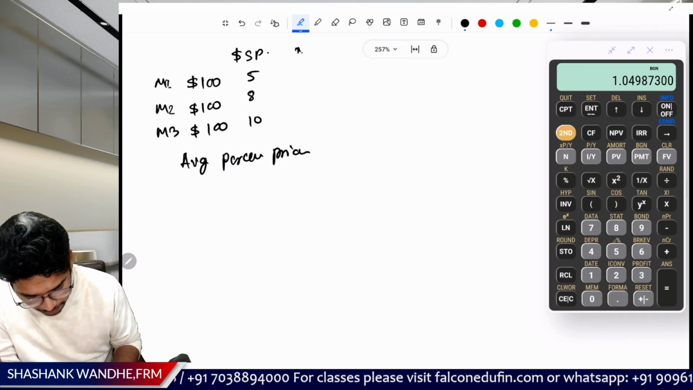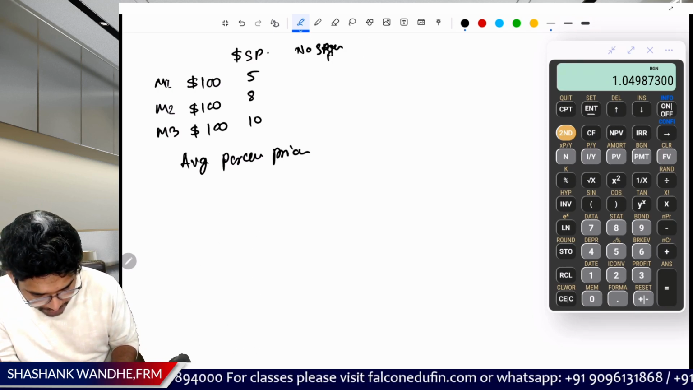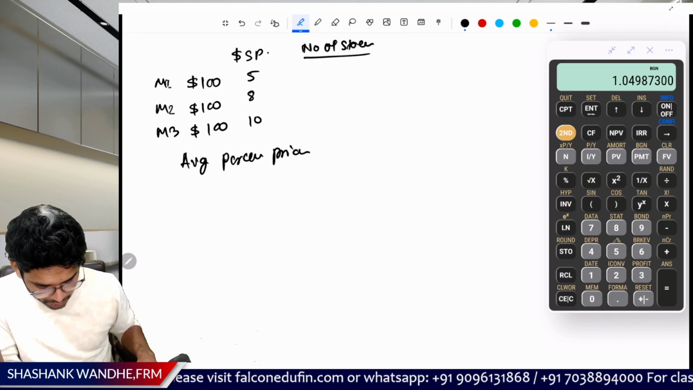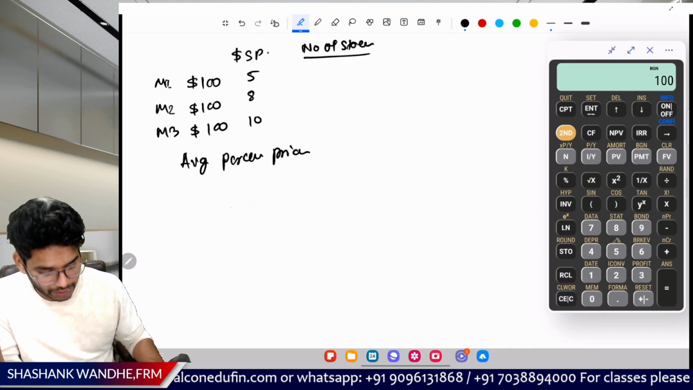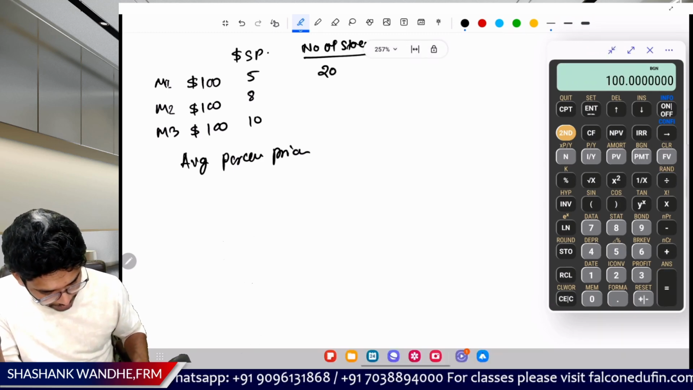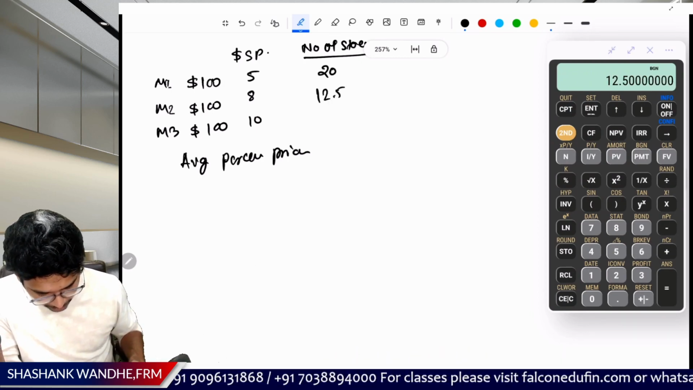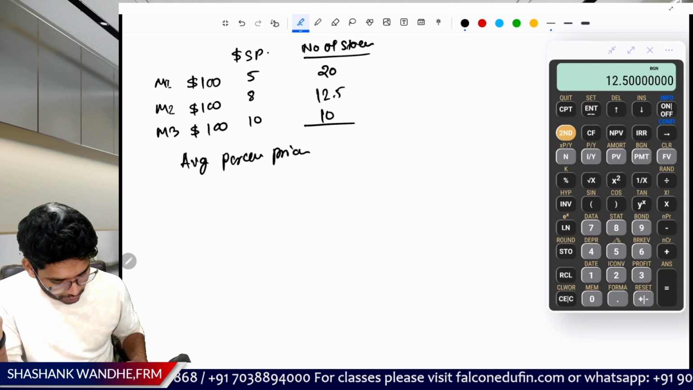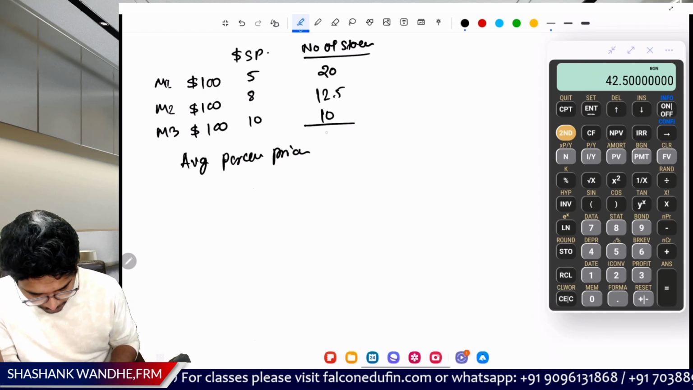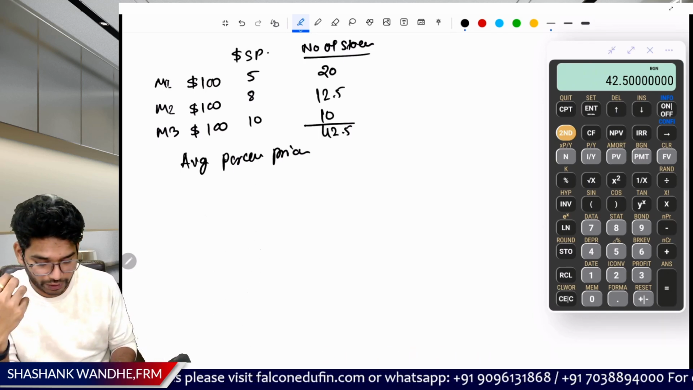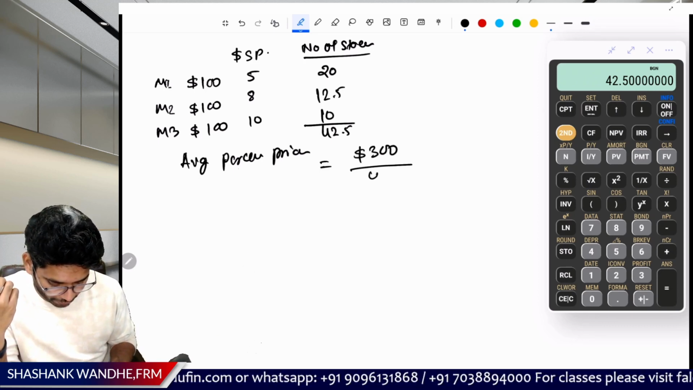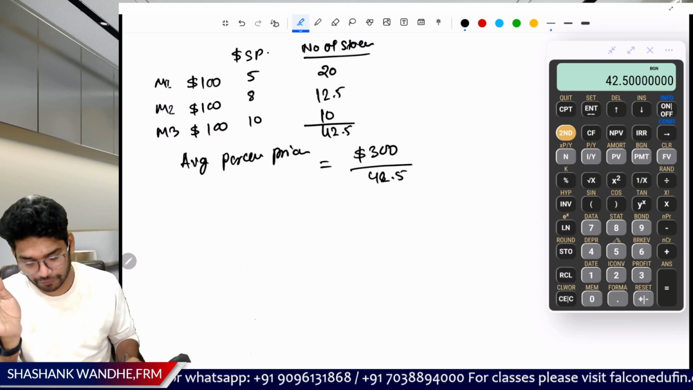So here, number of stocks purchased is equal to 100 divided by 5, 20, 100 divided by 8, 12.5, and 100 divided by 10, 10. So total number of stocks purchased 20 plus 12.5 plus 10, 42.5. Now we invested total amount of